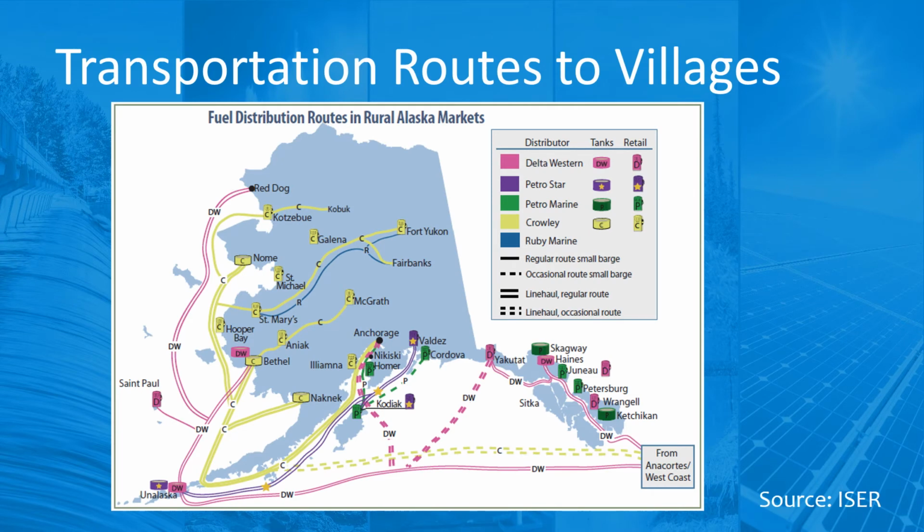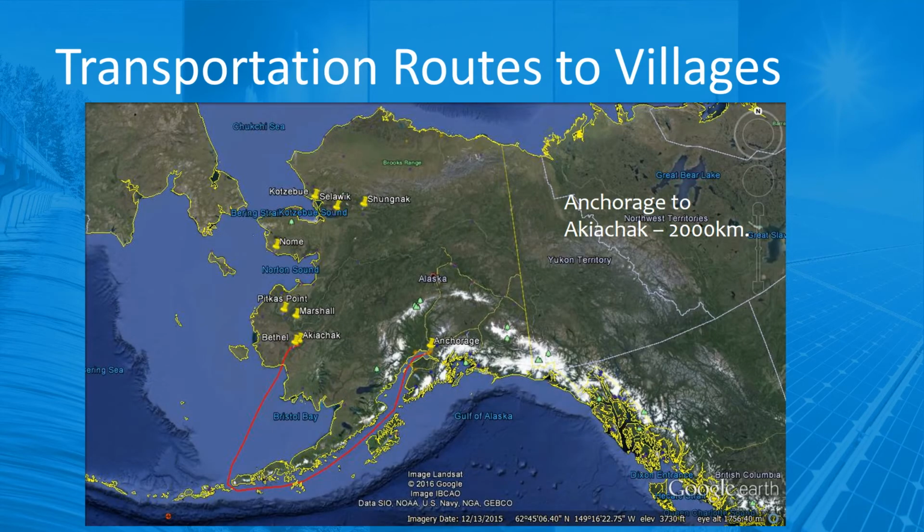Fuel, equipment, material, and supplies of any appreciable size are normally transported to remote communities by barge to minimize cost. 5 major barge operators serve coastal and river communities throughout Alaska. Air transport costs are significantly higher. The same factors that drive the cost of shipping fuel to remote communities also drive the cost to mobilize energy